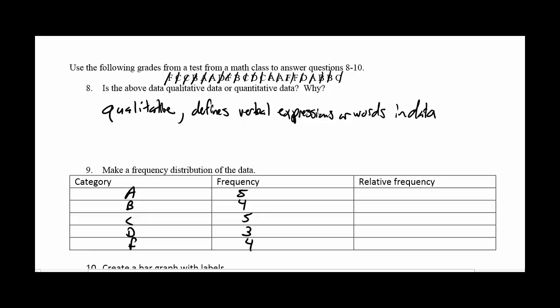So frequency, again, refers to how often we make an observation of some type. Relative frequency, so relative means in comparison to, well, that means we need to think about, well, when I say 5, 5 out of what? So I just need to add them all up. Well, if I add up all of these numbers, so 5 plus 4 plus 5 plus 3 plus 4, I should get 21. So my relative frequency is going to be a fraction or decimal that represents each of the categories. So 5 over 21, 4 over 21, it's another 5, a 3, and a 4.